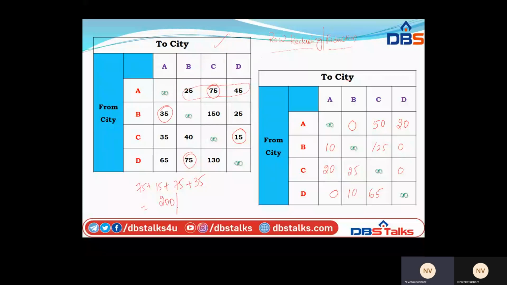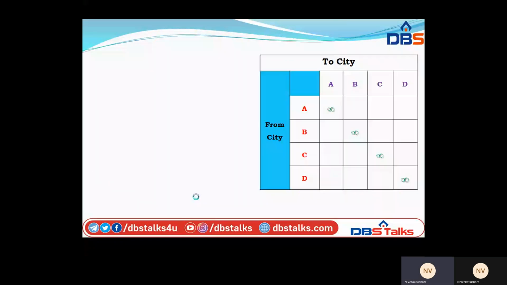By calculating all these values, the total cost is 200 rupees. So the total traveling cost is 200 rupees.